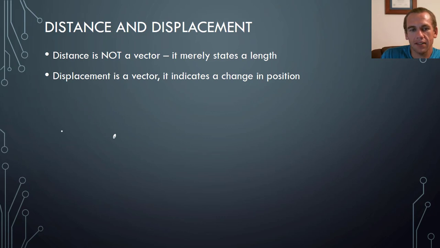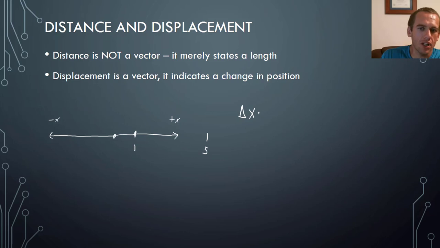I'm just going to draw my x-axis. Right, and so I have negative x is this direction and positive x is this direction. Now if I have an object that started right here, and let's say this is at 1, and it ended over here at say 5, its displacement is given by delta x. Now delta means change in, and it's always final minus initial, xf minus xi,